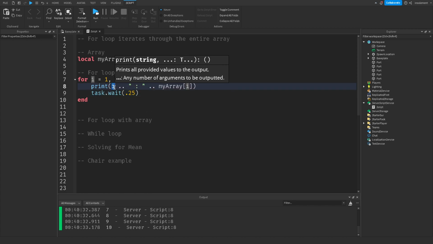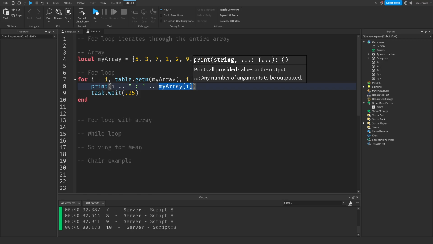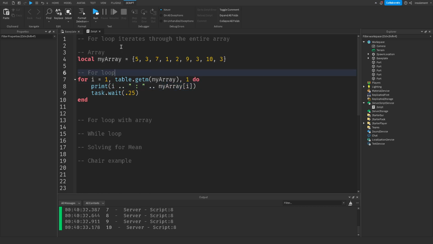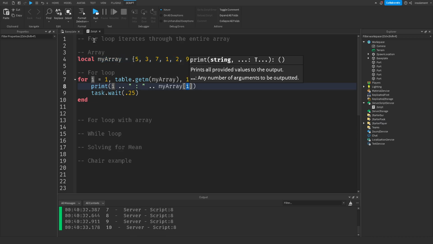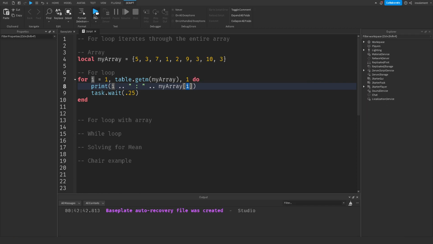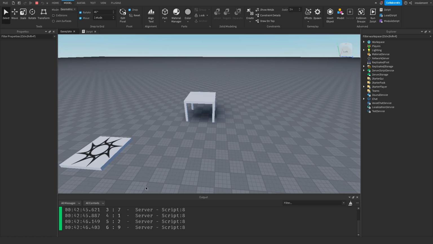So we use our i here, which will identify our index, and this will be our value, which will be matching, right? They're aligned, but here we're accessing the element based on our index. So if we run it,